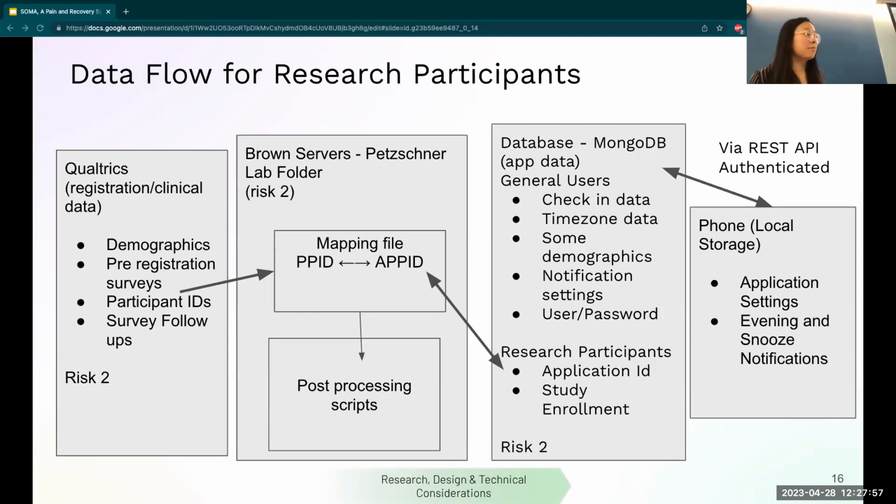For the questions here. Yes, George. So the PPID is unique to that. Yes. The app ID, they can be involved with